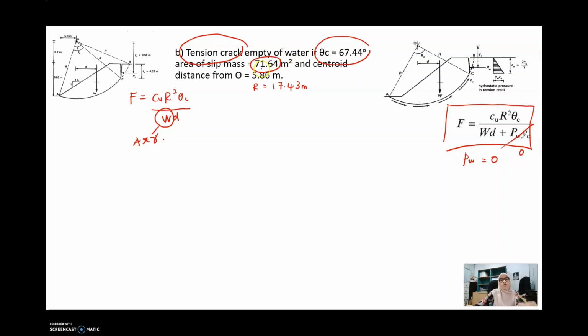Remember, if the question does not give you the value of area, you can determine the area of the sector by using the R and theta relationship. So W is equal to 71.64 times 19, so our value is